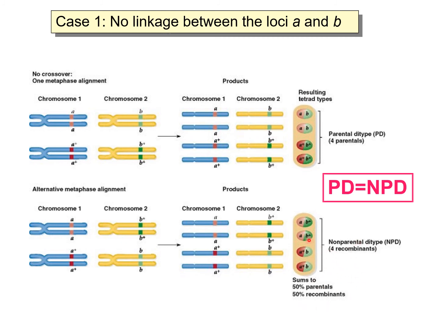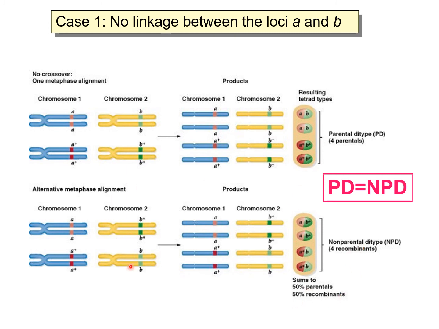Now four recombinants are there. So here you can see four parental and four recombinants. What does it mean? Depending upon the orientation of the chromosomes, if they get oriented this way, it will result in the parental ditype. If the reverse orientation is there, it will result in the four recombinants. Means 50% chances are there that we may get the parental ditype, or we may get the recombinants.